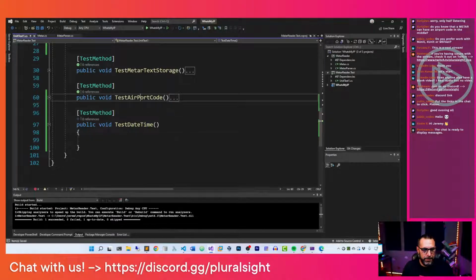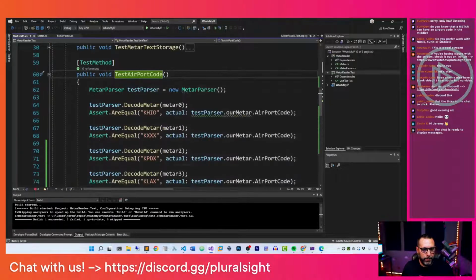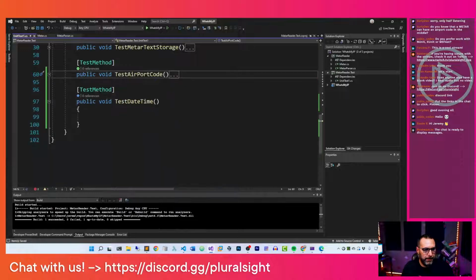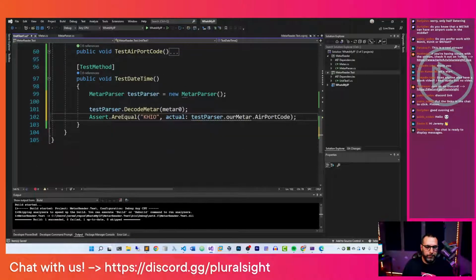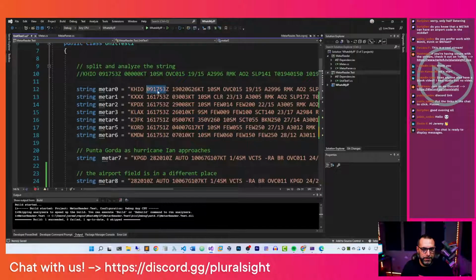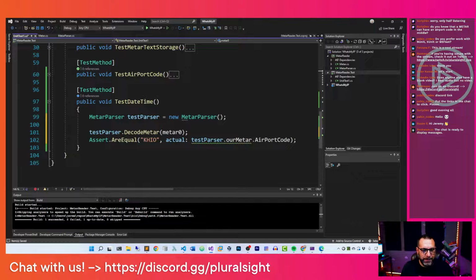And we'll do the same thing as we did before. Create a new parser. And then we're going to set what we expect to be set here. And in Metar 0, we expect our time to be this. And what we're really testing here, I mean, we're testing